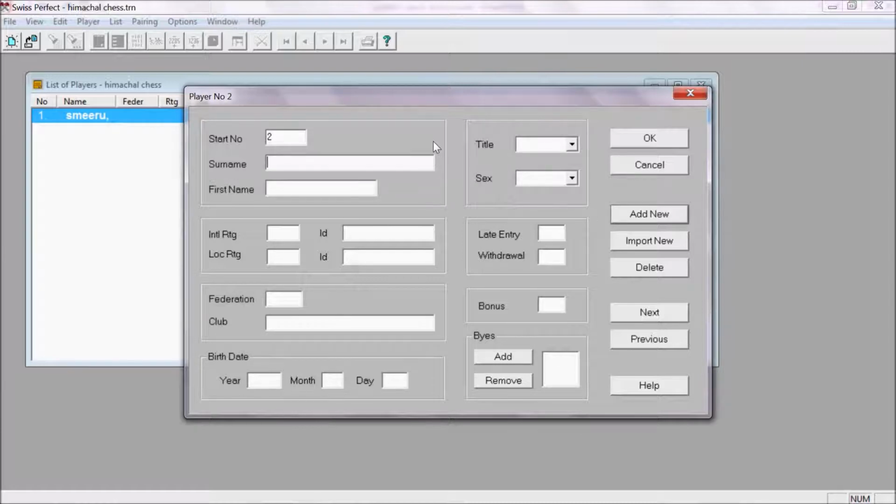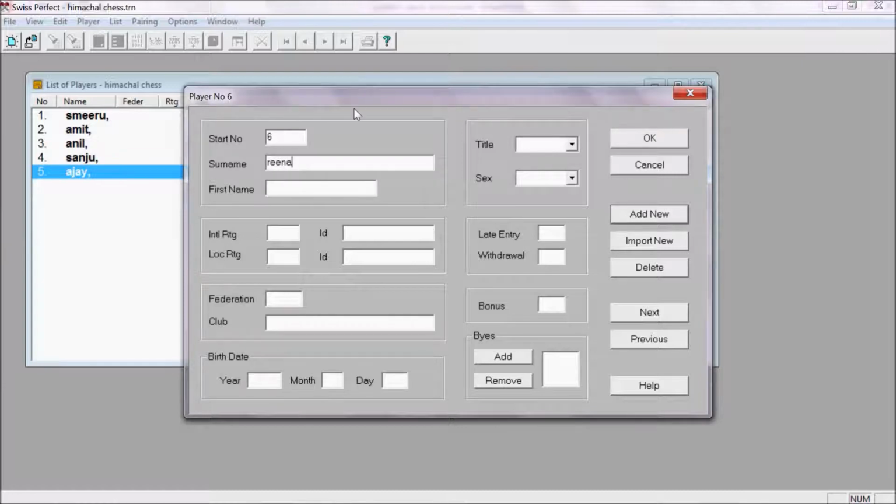So next player, for example, I have entered Amit, then add new, Anil, then add new, Sanju. So in this way, I can enter all the players.